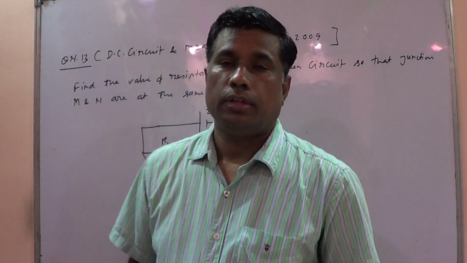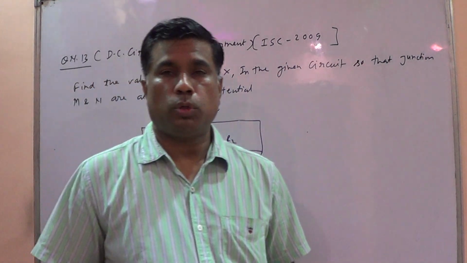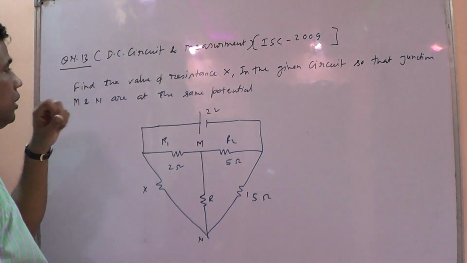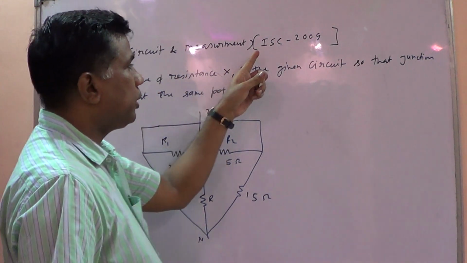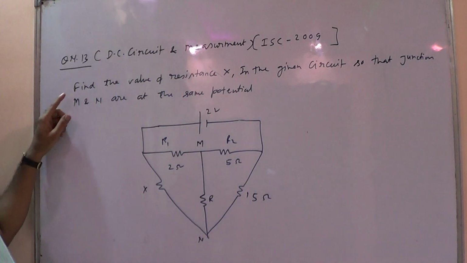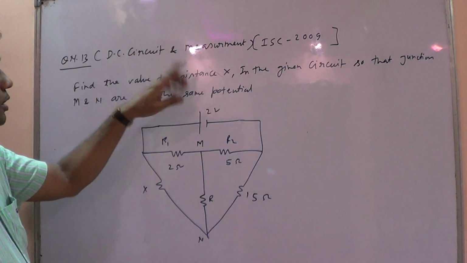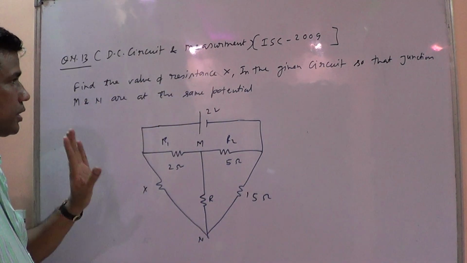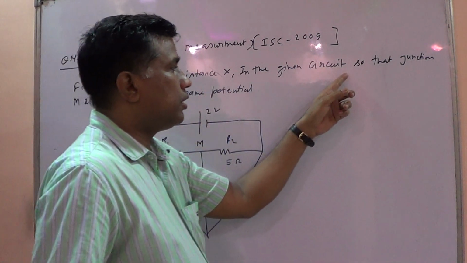Hello students, now we are going to solve one more problem of this chapter, DC circuit. This problem was also asked in the board examination 2009. According to the problem, find the value of resistance X. We have to find the value of this resistance X in the given circuit so that